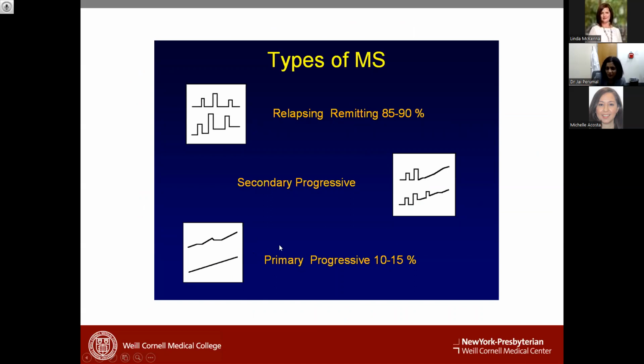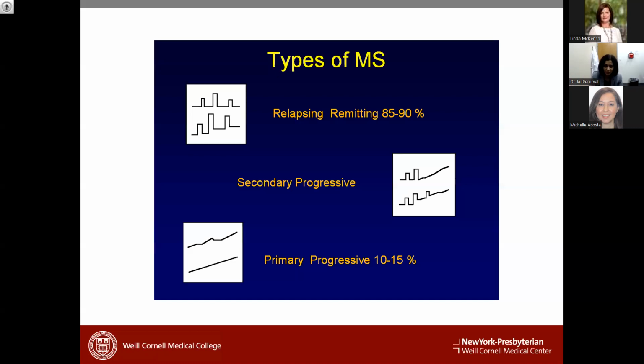Primary progressive is the less common form of MS, which is usually diagnosed in patients in their late 40s or 50s. And the sex ratio in this tends to be 1:1. So especially for board questions and things like that, if they want you to choose relapsing remitting, they're going to give you a 25-year-old woman. If the answer is primary progressive MS, they're going to give you a 50-year-old man, because of the slightly higher incidence in males compared to the incidence in relapsing remitting, and they are diagnosed a decade or two decades later than the relapsing patients.